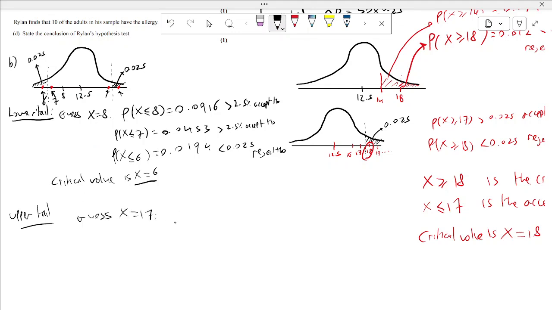So what I want to do is calculate the probability that x is to the right now of 17, because now we're up here, we're going to the right. Remember, in a binomial, on most calculators, to do greater than or equal to, you're going to have to do 1 minus less than or equal to the number below. Right, so greater than or equal to 17 is 1 minus less than or equal to 16. So when I put 16 in my calculator, I get 0.901